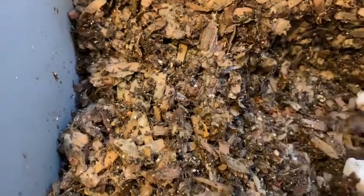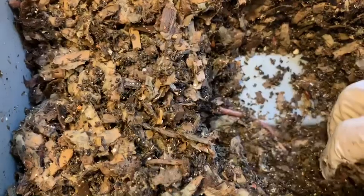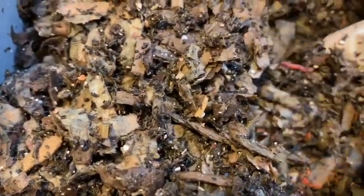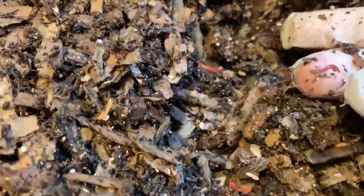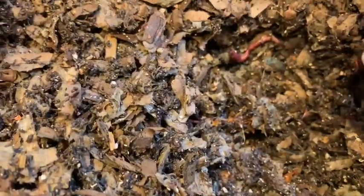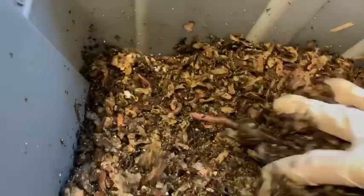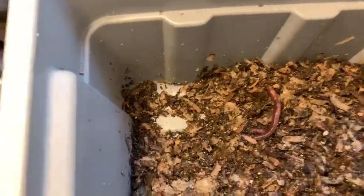And we fed in the center, so let's see. Oh yeah, quite a few worms in here as well. Look at that. Babies, newly hatched baby. Yeah, so they're doing great as well. So definitely the, here are the adults. Sorry guys, I'm so sorry. So definitely the